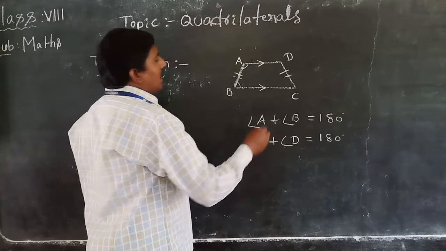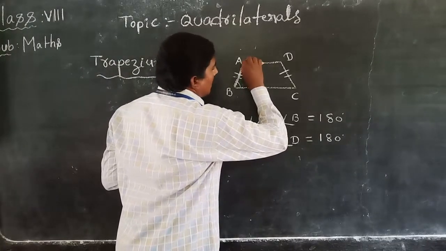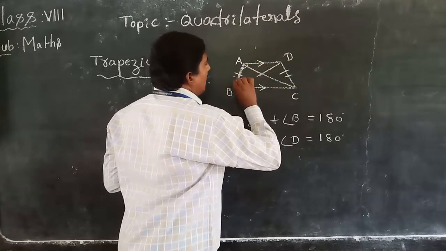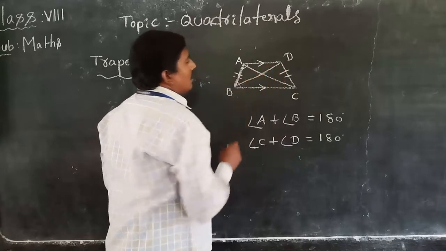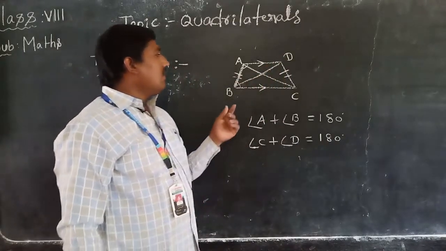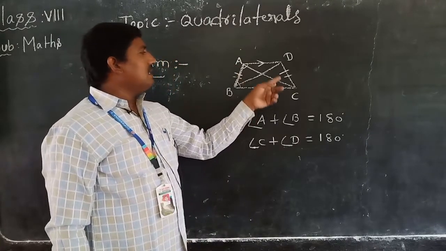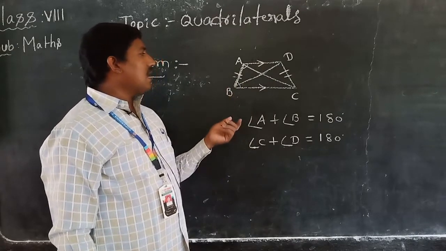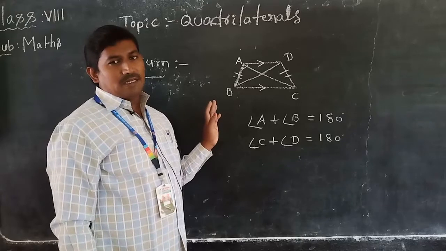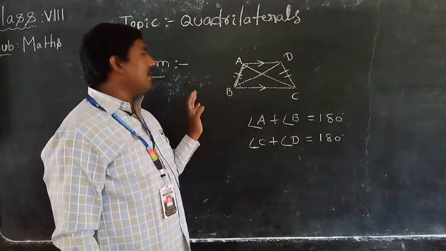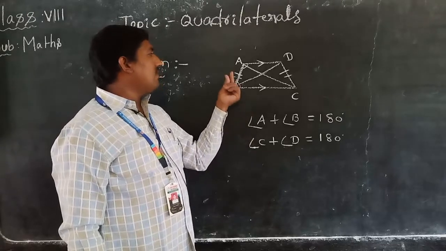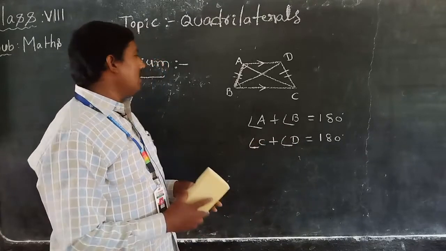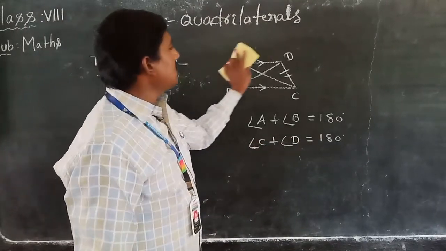Those are supplementary angles. Here also see, AC is a diagonal, BD is also a diagonal. So how many diagonals? 2 diagonals. AC 1 diagonal, BD 1 diagonal. What about angles? All the angles are not equal in a trapezium, but angle A plus angle B is equal to 180 degrees, and angle C plus angle D is equal to 180 degrees. Next, we will discuss